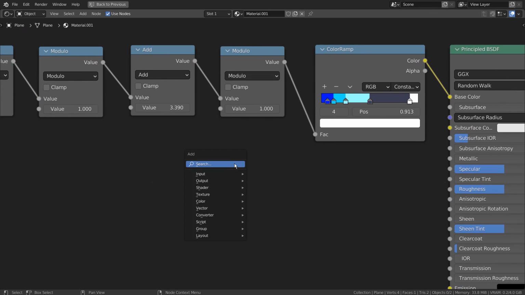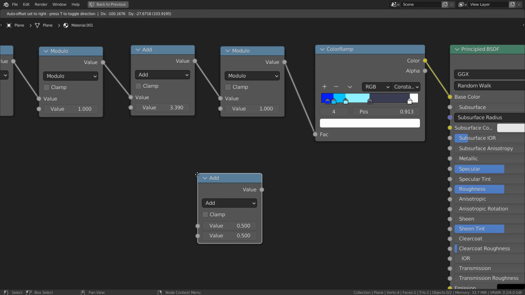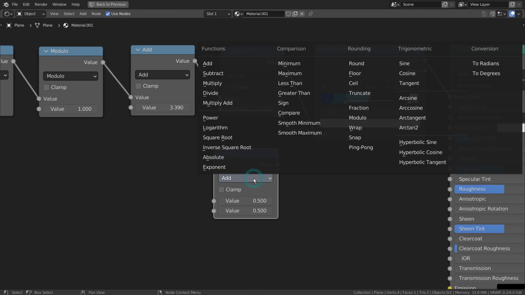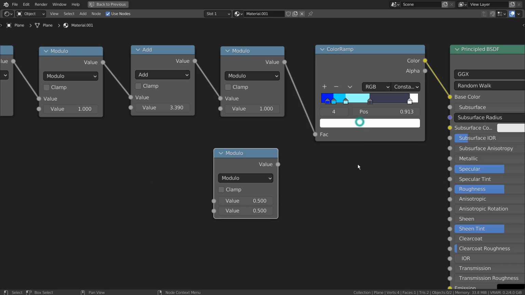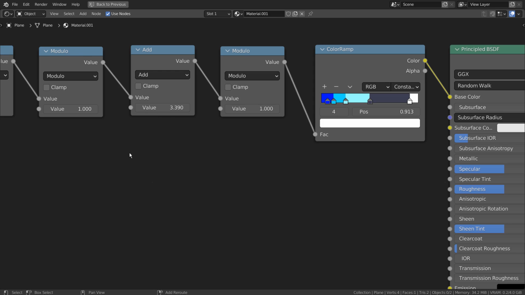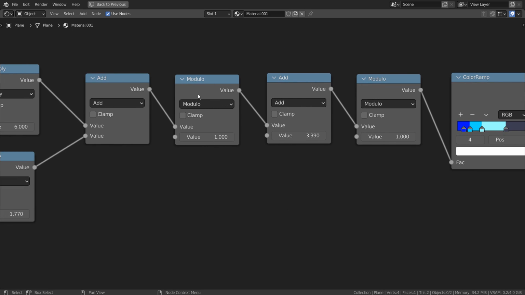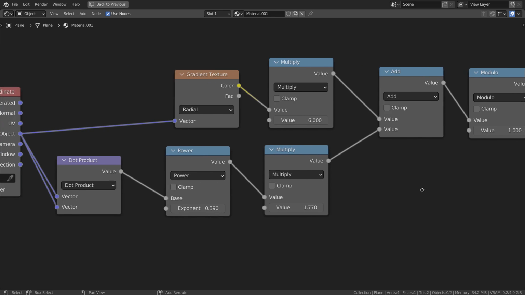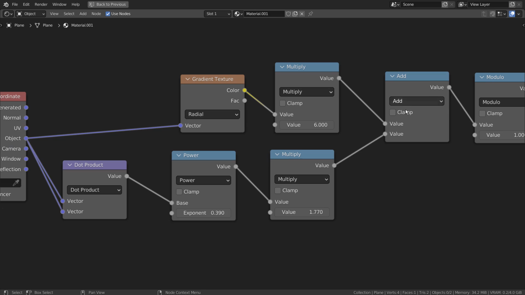This Modulo node is actually a math node. This power node is also a math node.